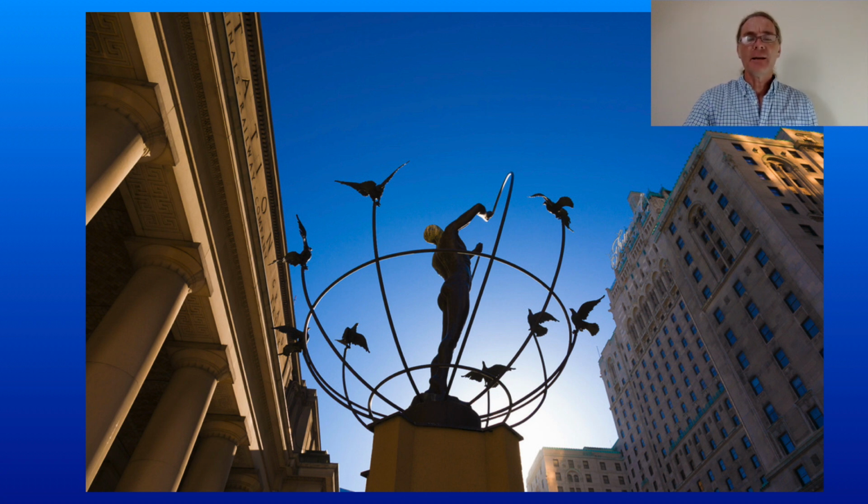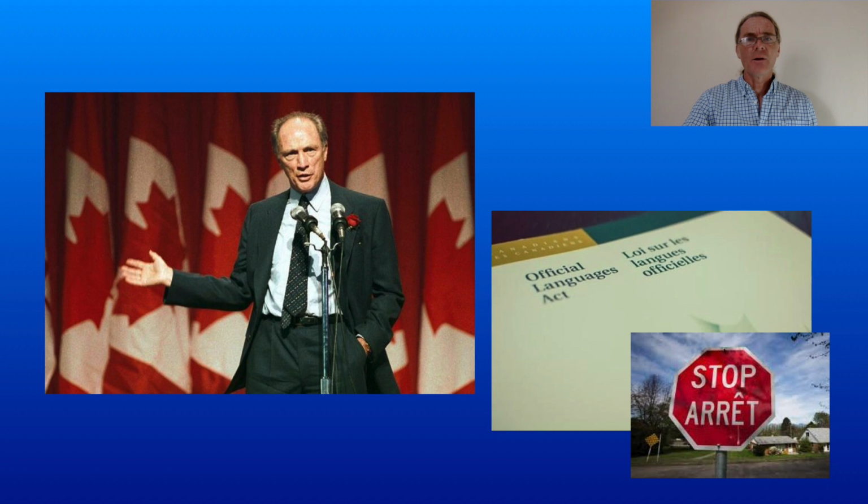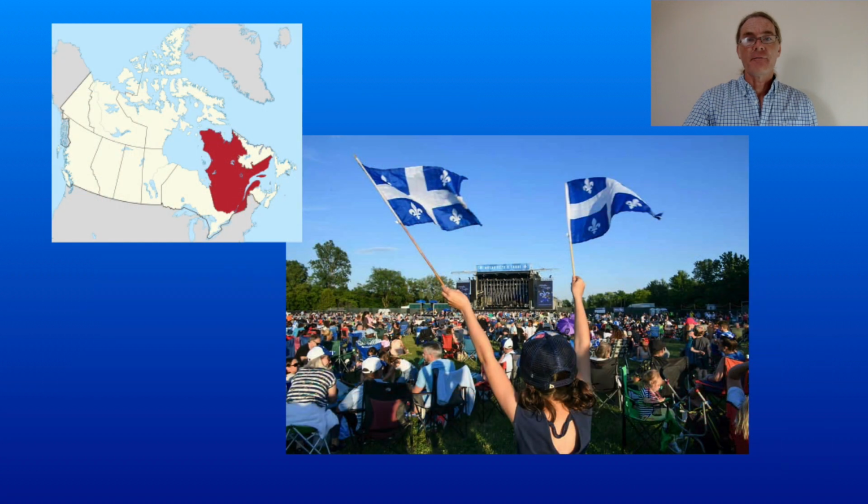Multiculturalism became a defining feature of Canada when its Prime Minister, Pierre Elliott Trudeau, created two new laws, starting with the Official Languages Act. This law, passed in 1960, said that Canada should have two official languages, English and French. We'll learn why as we go through this series, but the simple answer is that one Canadian province, Quebec, was settled by France and is filled with French-speaking people with a unique culture.